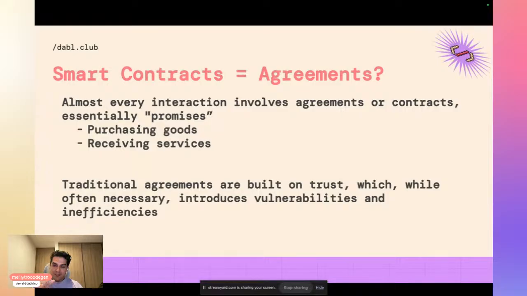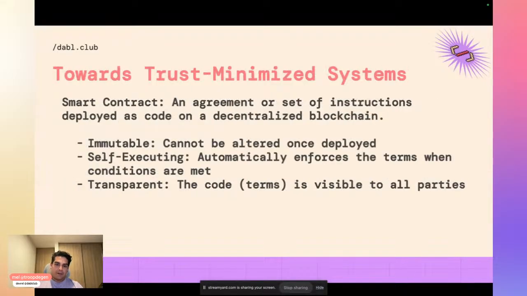Probably they do, but still, it's a breach of trust, and this happens with centralized services, along with other inefficiencies that can happen. So that's why this whole smart contract idea is moving us towards trust-minimized systems,